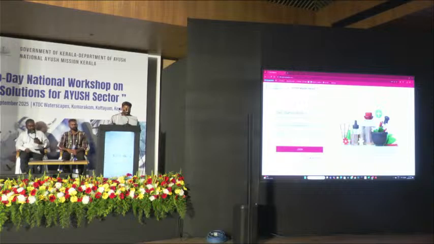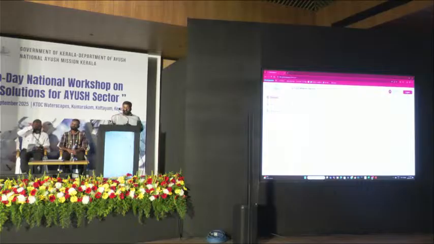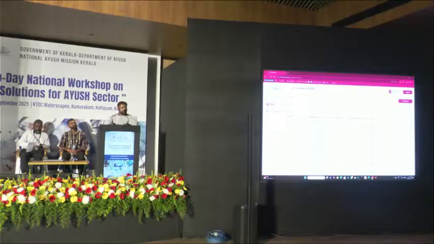Aushadhi. This is the Aushadhi login. They know that they are in our dashboard. Pending 5 orders, delivered orders 4, rejected 0. If a product is not available, or there are any mistakes in indenting, they can reject the order. In received orders and their stocks, we can identify what stocks are available in Aushadhi, and order requests.